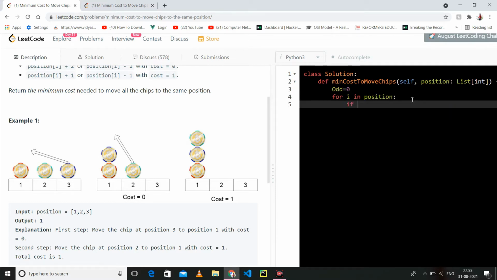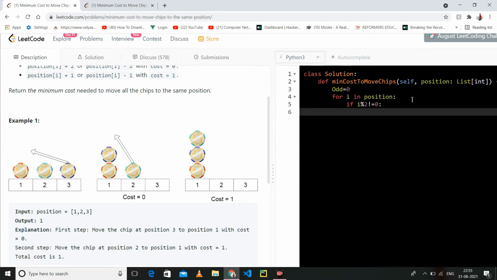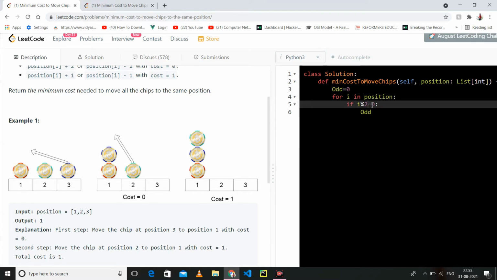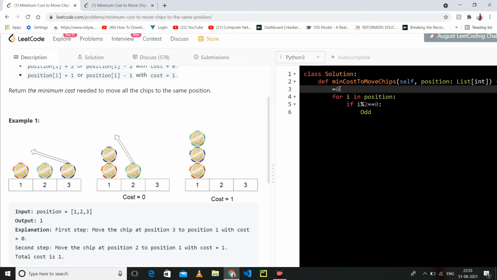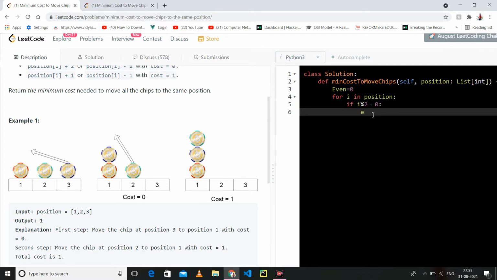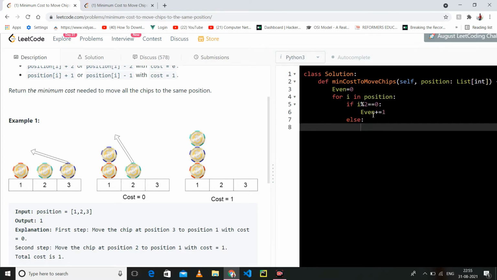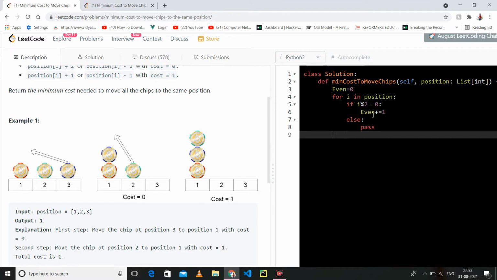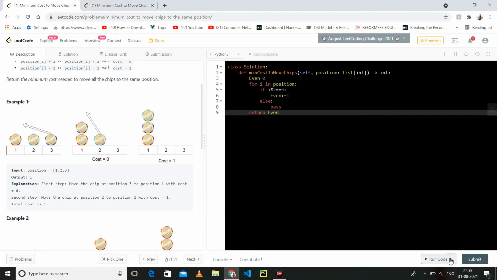If my i is not divisible by 2, it means it is odd. If it is even, meaning 2, 4, then we have to give a cost of 1 rupee, else we do not have to do anything, just return. Although it is still wrong, I will show you why.